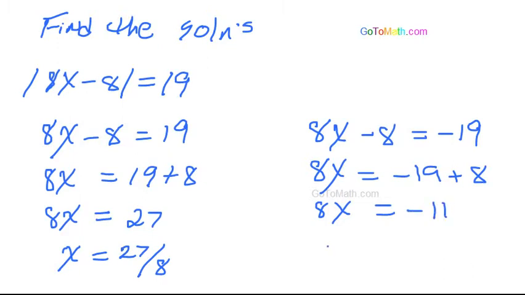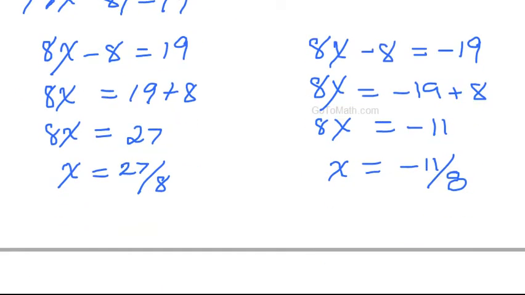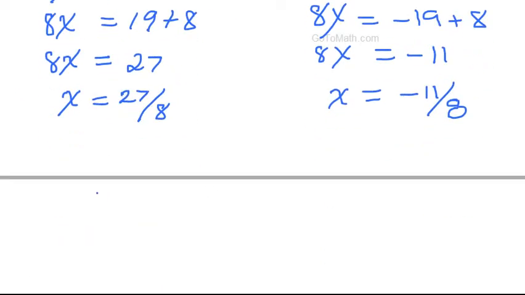Right, and then of course we take this 8 diagonally down, and we're left with -11 over 8. Alright, so hopefully it's all clicking up to this point. Of course, -11 over 8 doesn't reduce down any either, so we've got to watch out for that. Now remember we were writing these in numerical order, so -11 over 8,